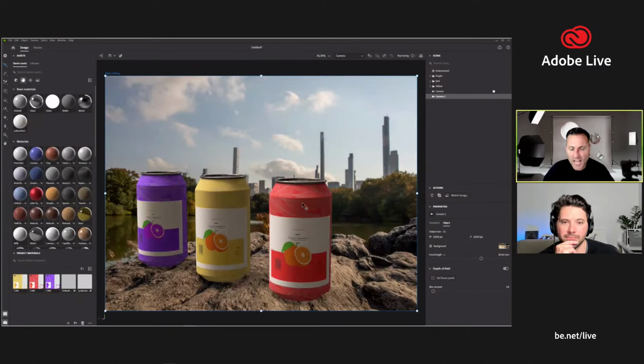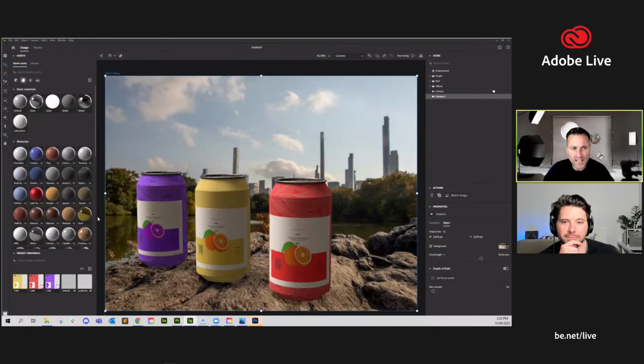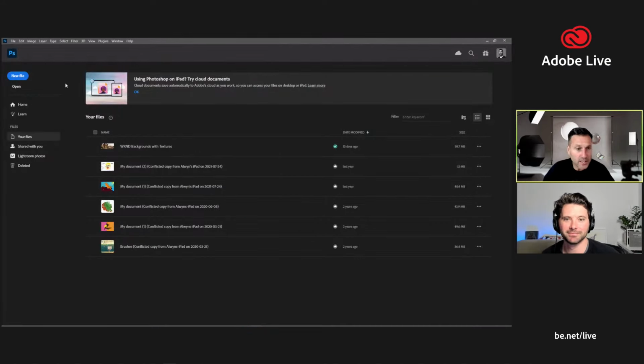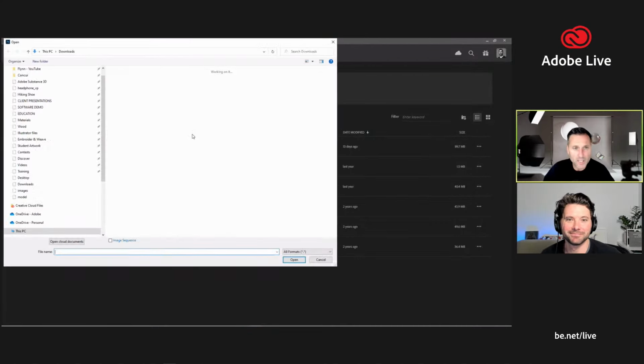And then if I wasn't even happy with the materials that were on my can, I can come back through and add my own materials straight onto the objects within Stager as well, and actually carry on where I left off with the material. So last thing I wanted to show is if I go here, file open,